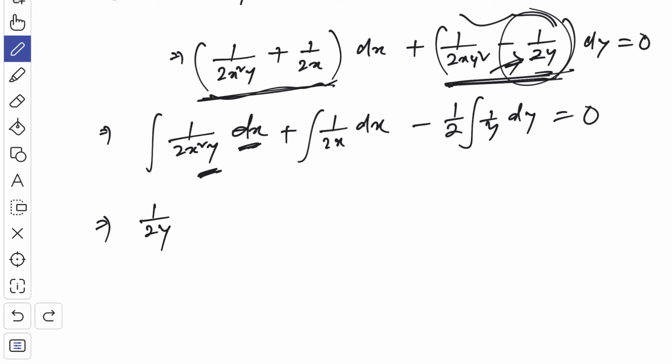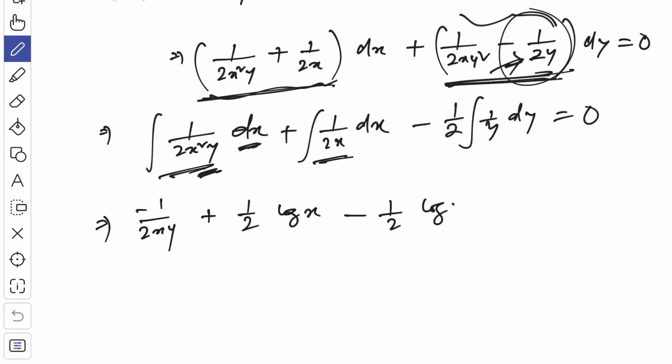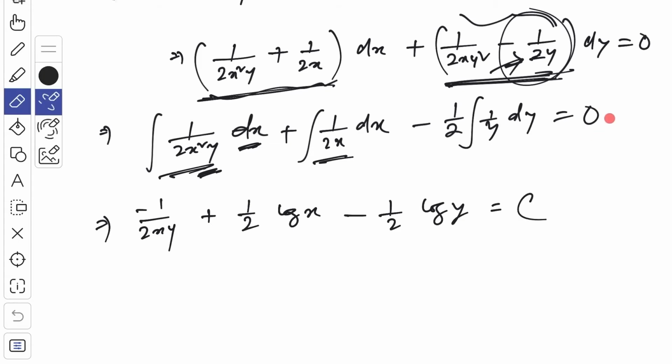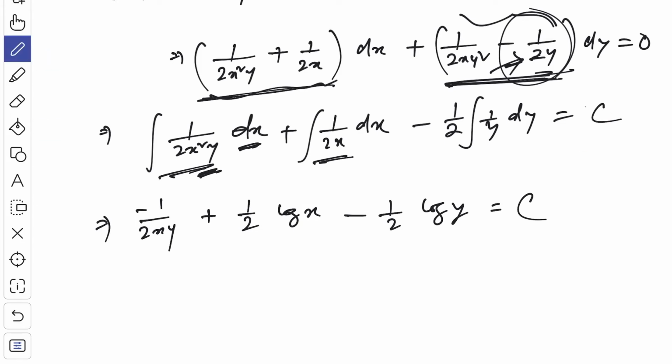So you can write this term this way, minus 1 by twice xy, integrating this first part, and here you will get 1 by 2, and integration of 1 by x is log x, and here 1 by 2 log y is equal to constant. That's what you will get. This 0 should not be 0, that should be constant, actually constant of integration. So here you can see